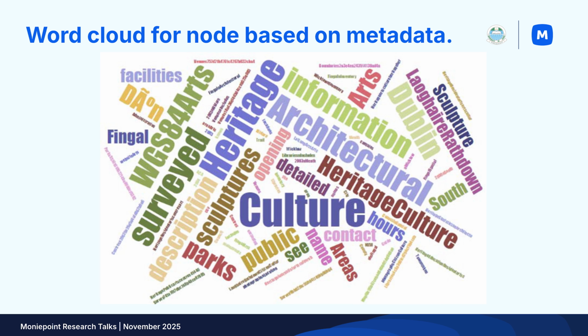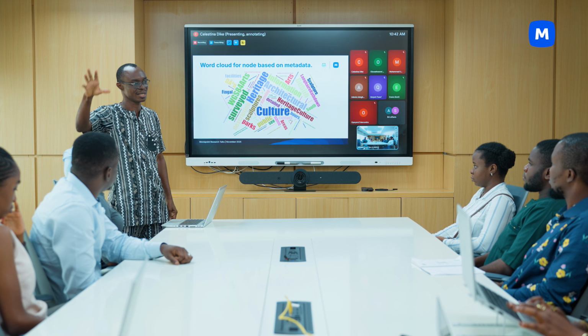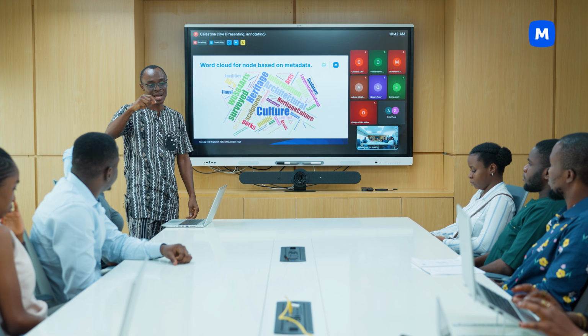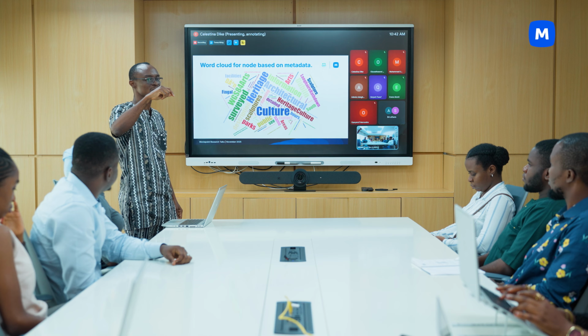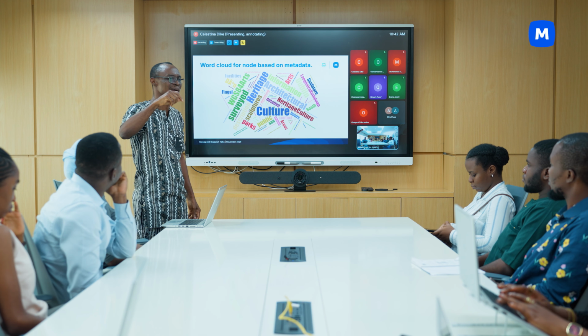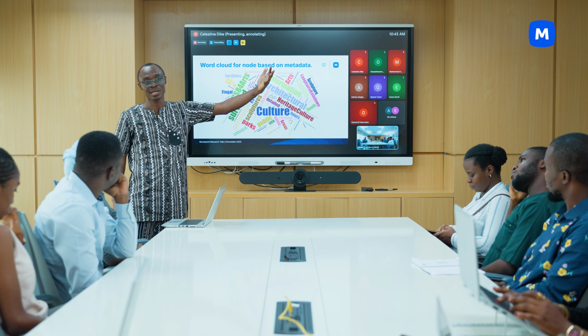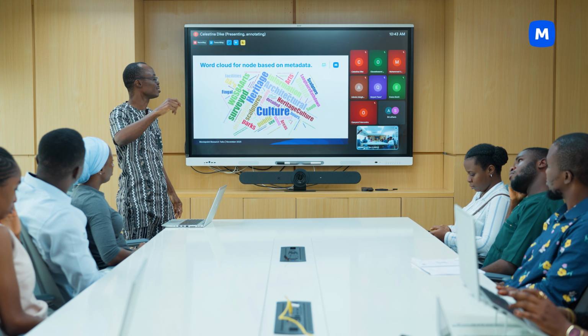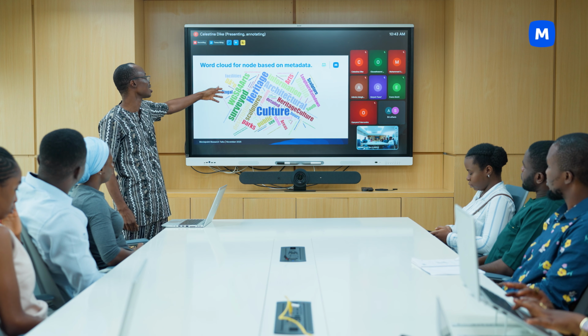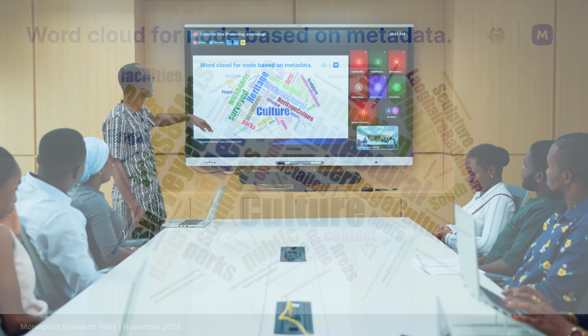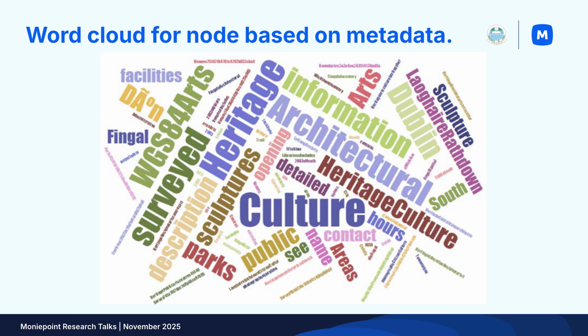Here we decided to say, is it possible to have some other insights on our data? So we did some word clouds on some nodes, not on the entire data set. Just to say that if I am on this node, what is the data actually talking about? And we did it for both the metadata, the original data that we used, and the transformed data itself, you understand? So we had that to be able to say, okay, this is looking at culture and heritage, you see it very bold,